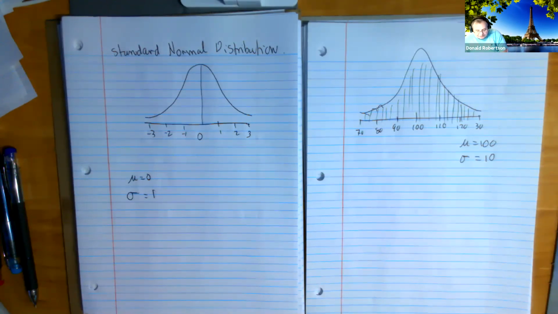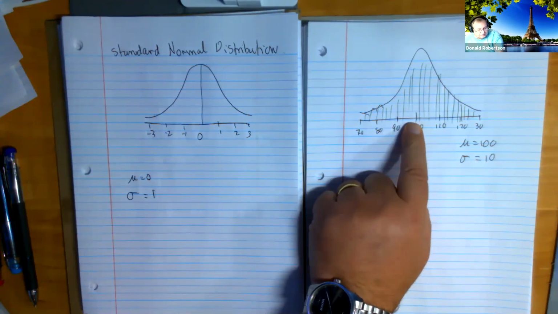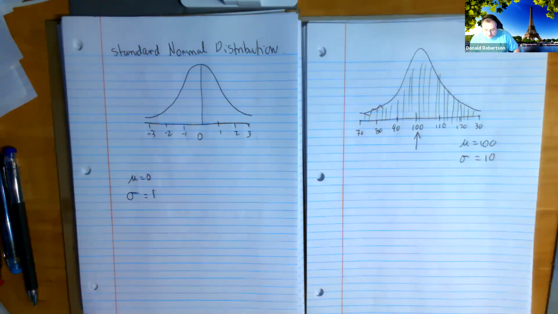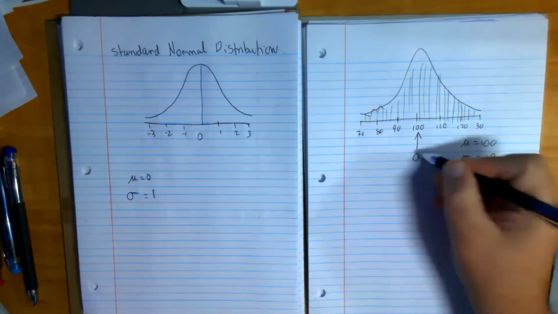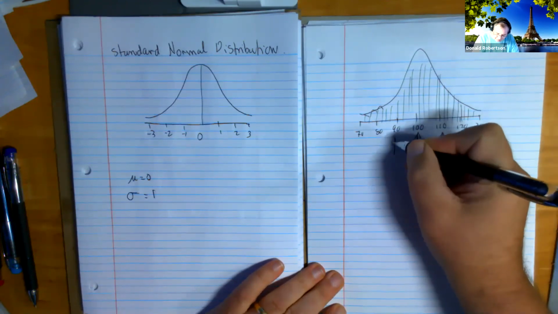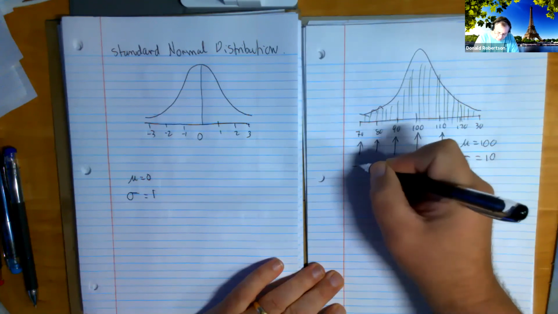Couldn't I take every single one of these IQ scores and find out what their Z-score was? Imagine me doing that. Taking an IQ of 100. Well, I could do that one. What is the Z-score for an IQ of 100? 0. Can you trust me that the other guys, and these are like signposts on the way,